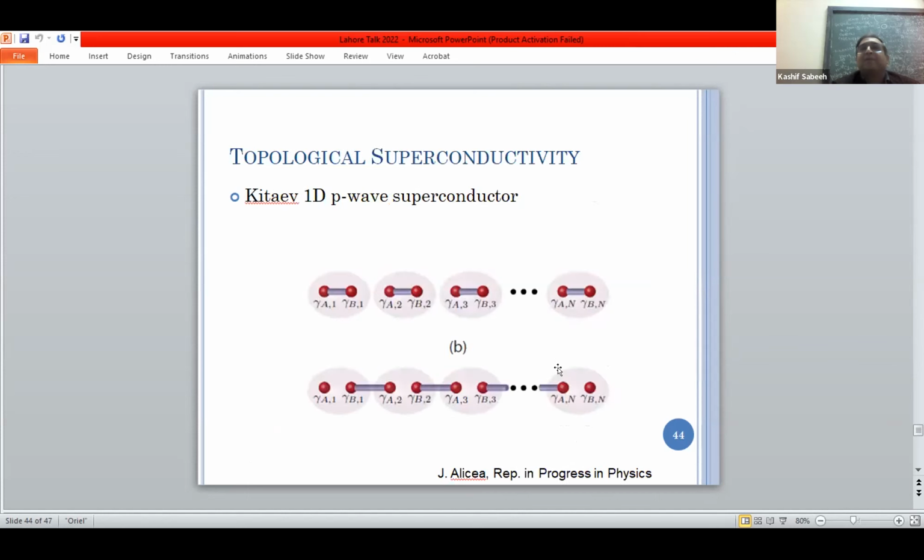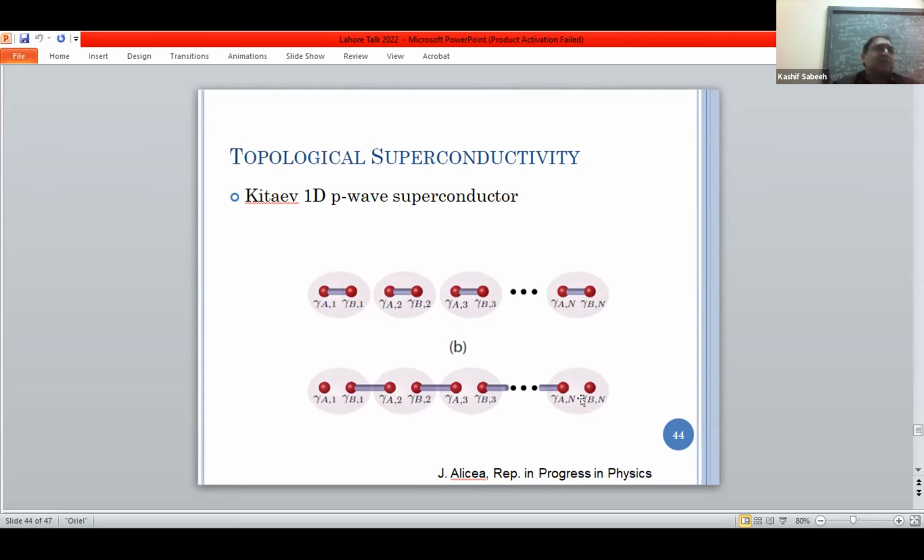Last is superconductivity. There was a very important model given by Kitaev of 1D wires. The reason that it captured the community was that he showed that if you have electrons with a special p-wave superconductivity pairing, you could express the model in terms of Majorana fermions. One of the phases, which is called the strong coupling phase, can have Majoranas at the end. So you can think of Majorana fermions as